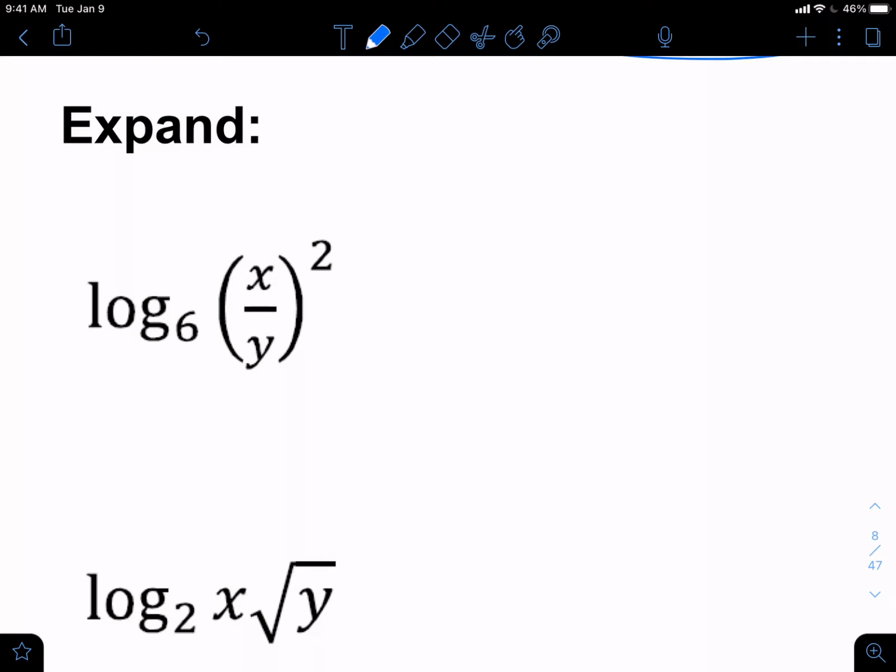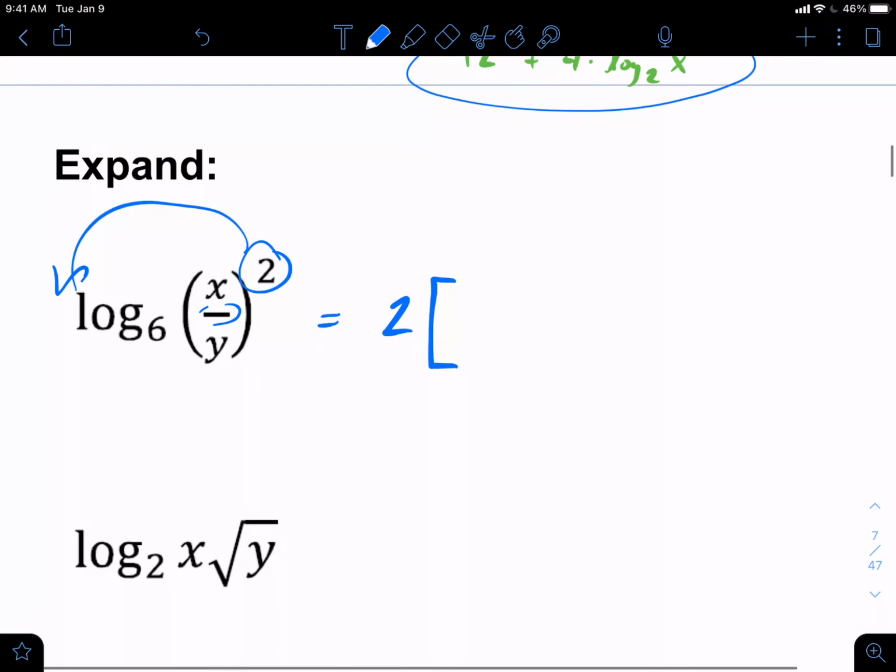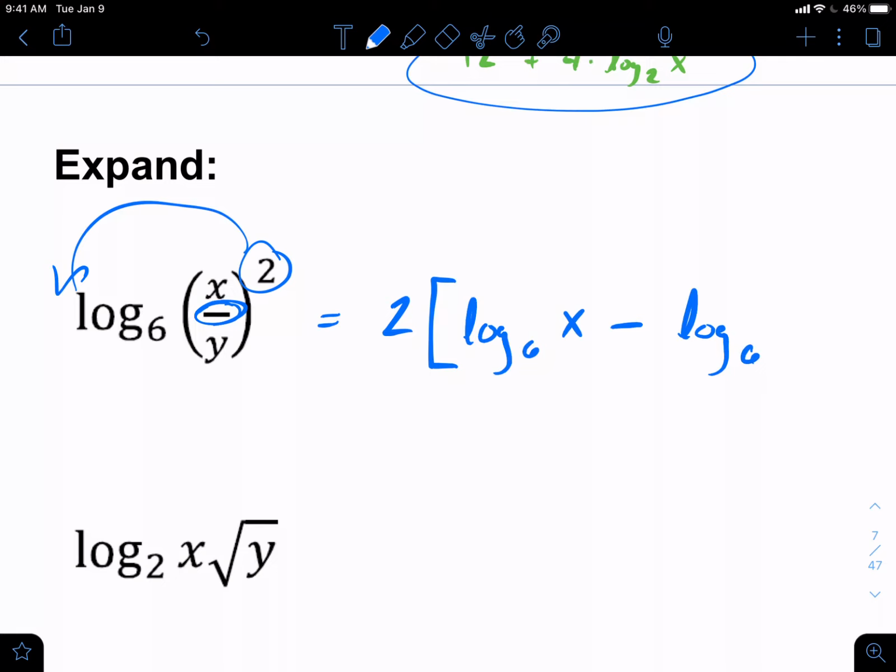So again, we're trying to expand this. So we're going to pull the exponent down in front, and then we have a division, so we're going to be doing some subtraction. So coming over here, we're going to have the 2. That's going to sit in front of everything. This will be log base 6 of x. Since it is division here, we are going to subtract, so there's the minus, log base 6 of the bottom,